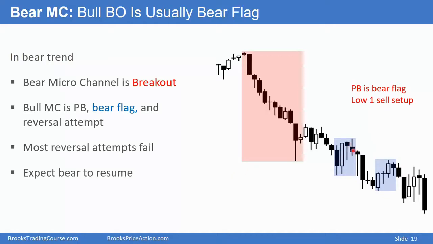It's a low 1 sell setup here. We had a low 1 here, and then it became a low 2. Traders will sell below that bar or below this bar, and they'll sell below that bar and below this bar or that bar, expecting the bull reversals to fail, even though they're bull microchannels. A 4-bar bull microchannel, and the same here, but minor compared to the size of the bear trend.